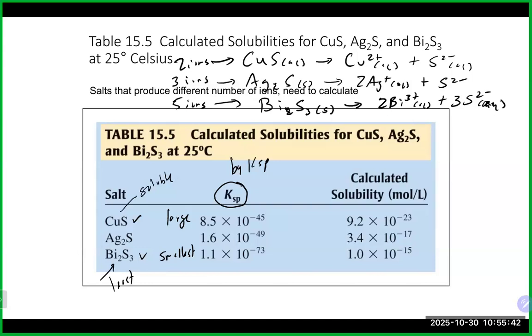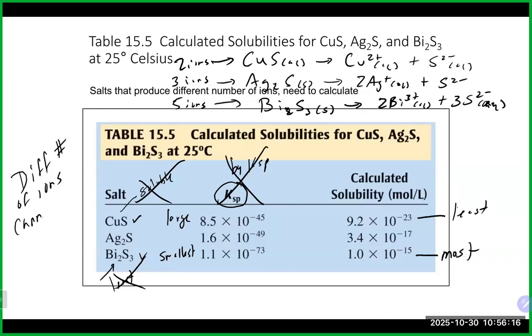But when you actually do the calculation, which is what you have to do, a calculation for each of these salts like we did in the previous examples earlier on in the chapter to figure out the molar solubility of everybody, what you actually see is the bismuth is the most soluble, while our copper 2 sulfide is the least soluble. So in this situation, because we have different numbers of ions,